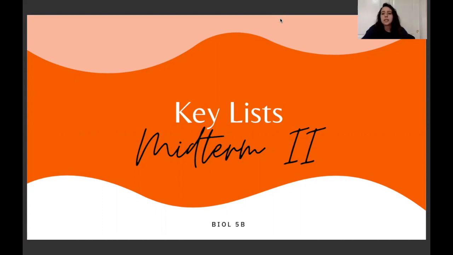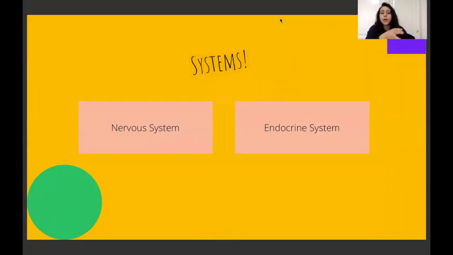So my plan is, for example, for a slide like this, we'll be going over systems, the nervous system, and the endocrine system, right? So what I would like you to do is, in your head, ask yourselves, do I genuinely know what the nervous system is? Can I apply information in regards to the nervous system? Can I do all that jazz? If the answer is no, write down the term on a piece of paper. If the answer is yes, then just skim over it. There's a lot of lists, I'm not going to lie, maybe like 30.